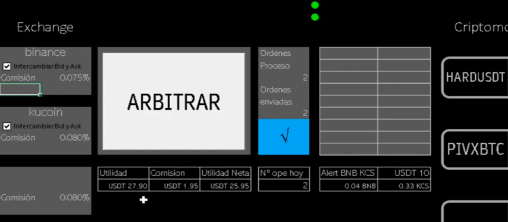The commission is calculated according to these percentages that we have here. And to facilitate, or at least for me to facilitate, everything is converted to USDT. It does not matter if you are doing arbitrage with Bitcoin or with Ethereum, it converts it to USDT. For me it is much easier. Here in this part it says the number of operations carried out today. It is not yet accumulated here, and in this part it gives an alert when